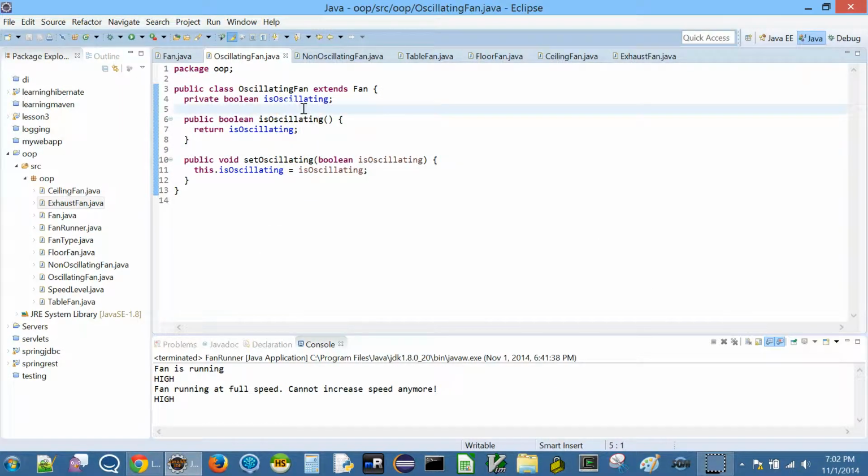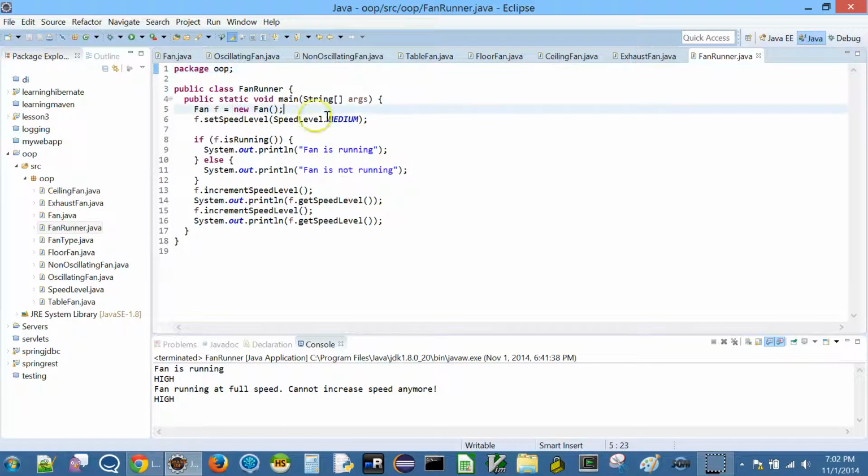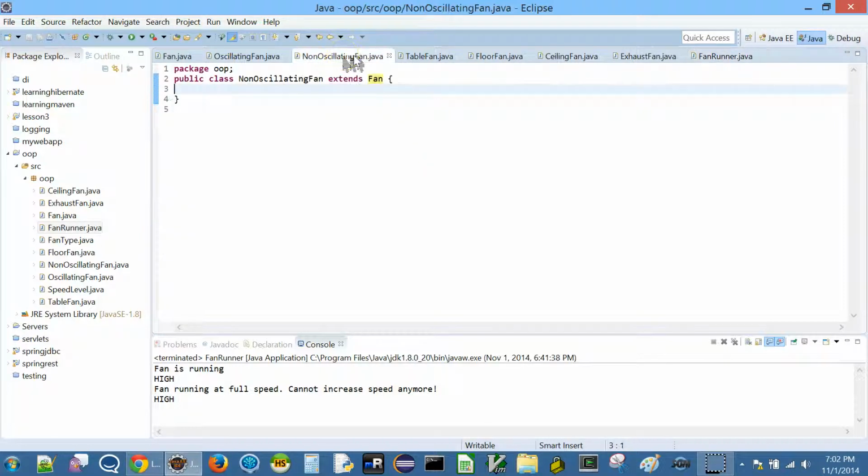So now we have to change our fan runner and we can't do this anymore, right? Because there is nothing like a fan. Now, how do I make sure that people can only create these actual physical fans?